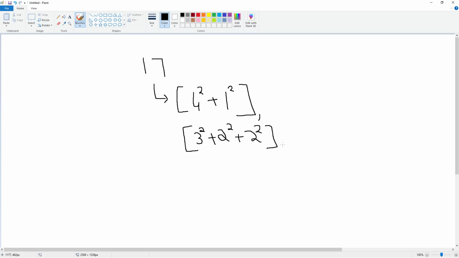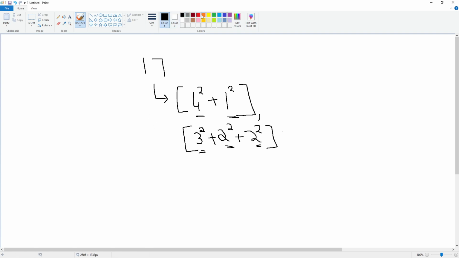So but this is not the least. We are using 3 perfect squares in order to get the result what we need, but we can get 4 square plus 1 square, that is 2. Okay, in order to solve this, we still need to find out 3 square plus 2 square plus 2 square, but then later we can realize that no, 4 square plus 1 square would be the perfect solution. Okay, so we need to find all possible solutions and find the minimum of that which would satisfy the requirement,